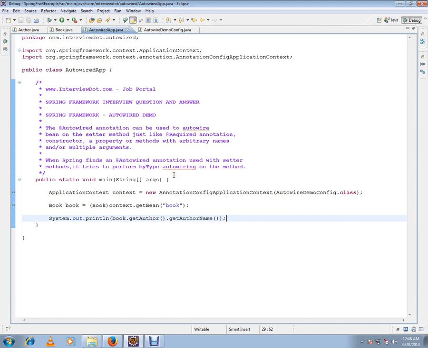In this video, I'm going to talk about the Spring Framework auto-wired demo. So how exactly can we use the auto-wired annotation? The auto-wired annotation can be used to auto-wire a bean on the setter method, just like the @required annotation, constructor, a property or methods. When Spring finds an auto-wired annotation used with setter methods, it tries to perform by type auto-wiring on